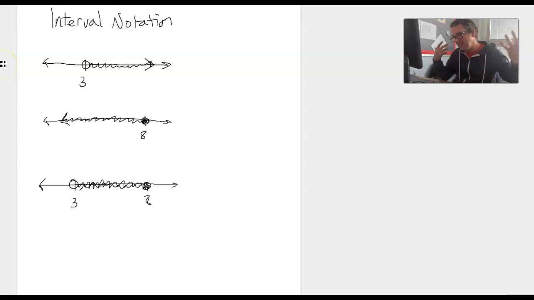Hey kids, today's lesson is relatively straightforward, but I do have to remind you about a couple things you probably haven't thought about for a long time, and that's inequalities and expressing inequalities and intervals on a number line. So we're going to start off with some really straightforward examples that are not in your notes at all. I'm going to move to this idea of interval notation, and then we're going to bust out the note packet